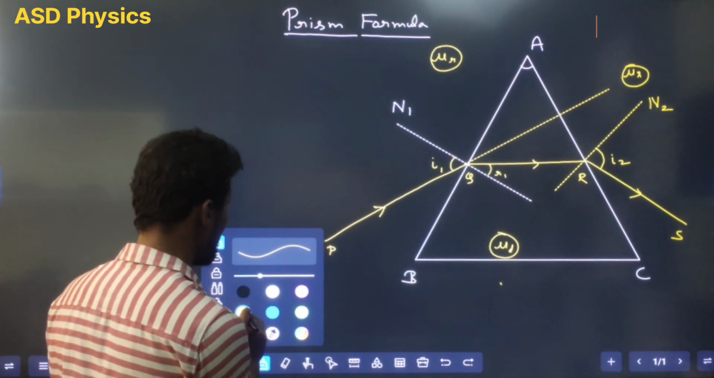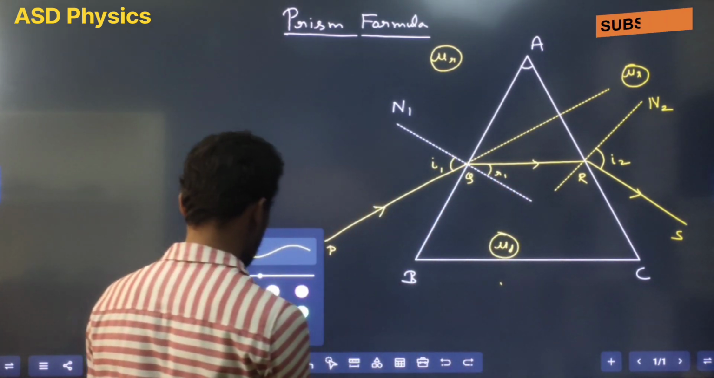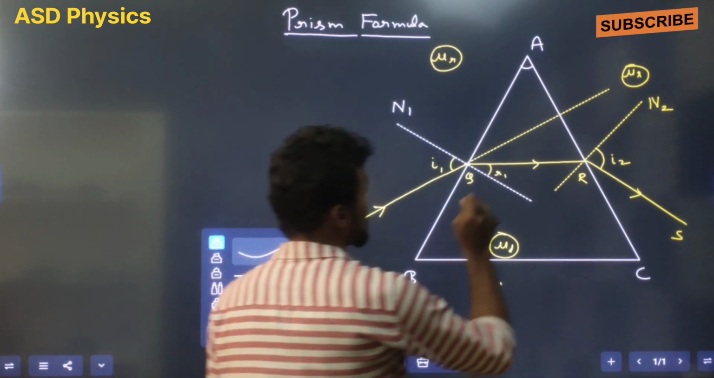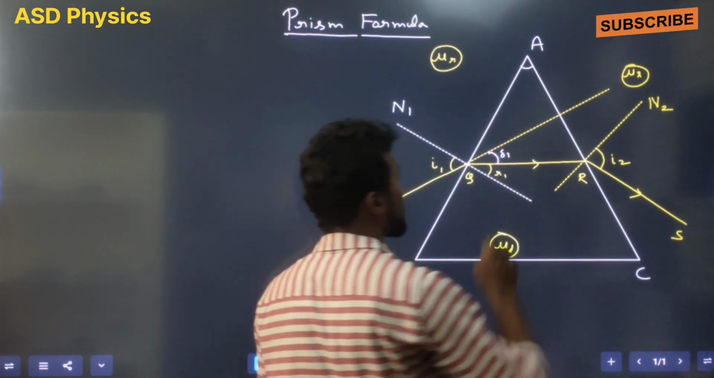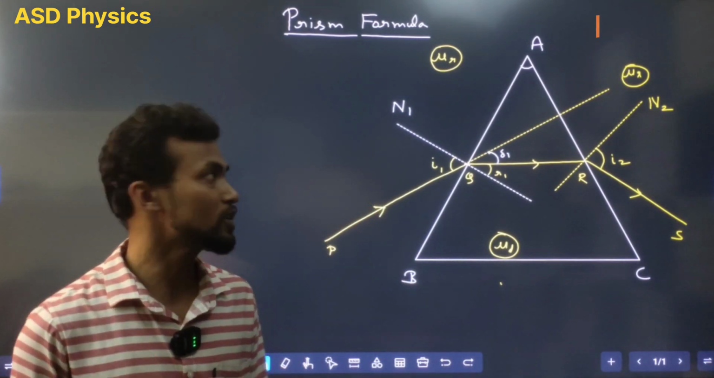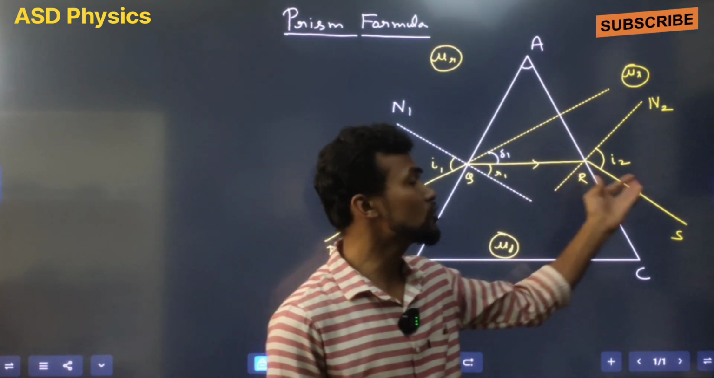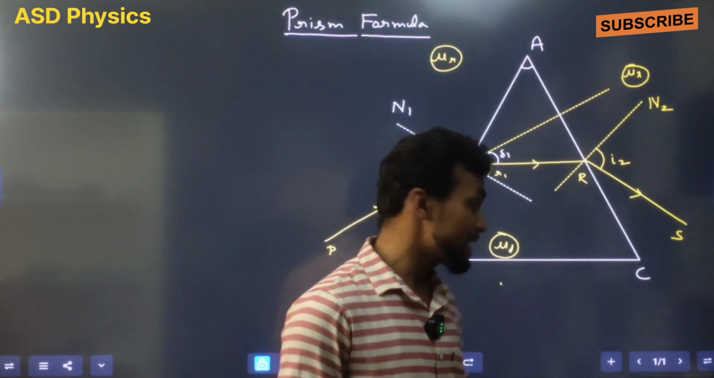So here, what will happen is that this angle is called... I will just change the color here. See, this angle is called the angle of deviation. At which surface? Angle of deviation at the first surface. Okay. Now after that, if I want to find out the angle of deviation at the second surface, then what I